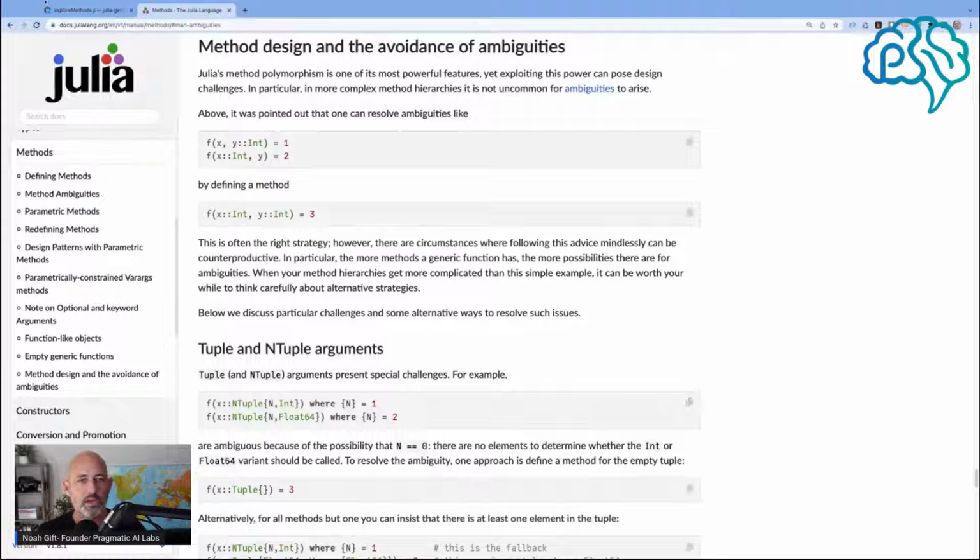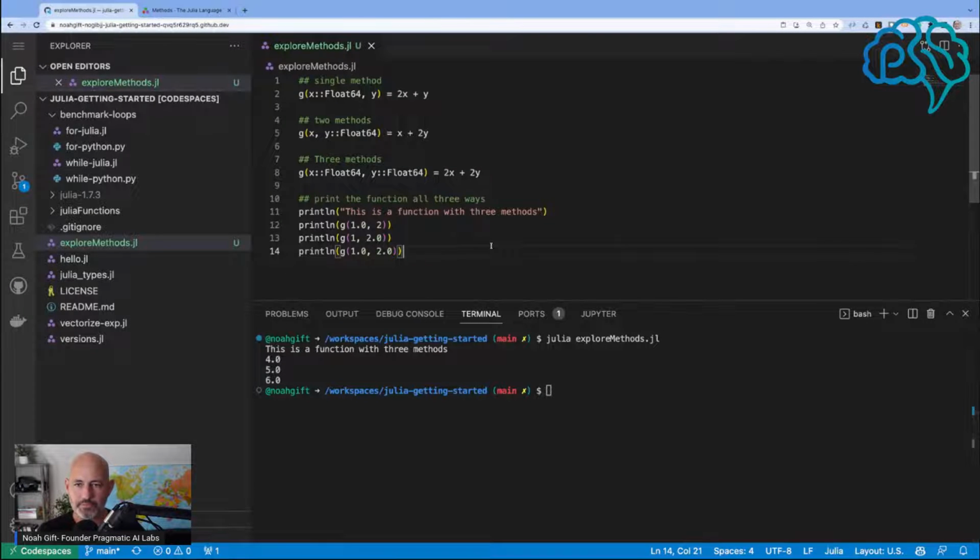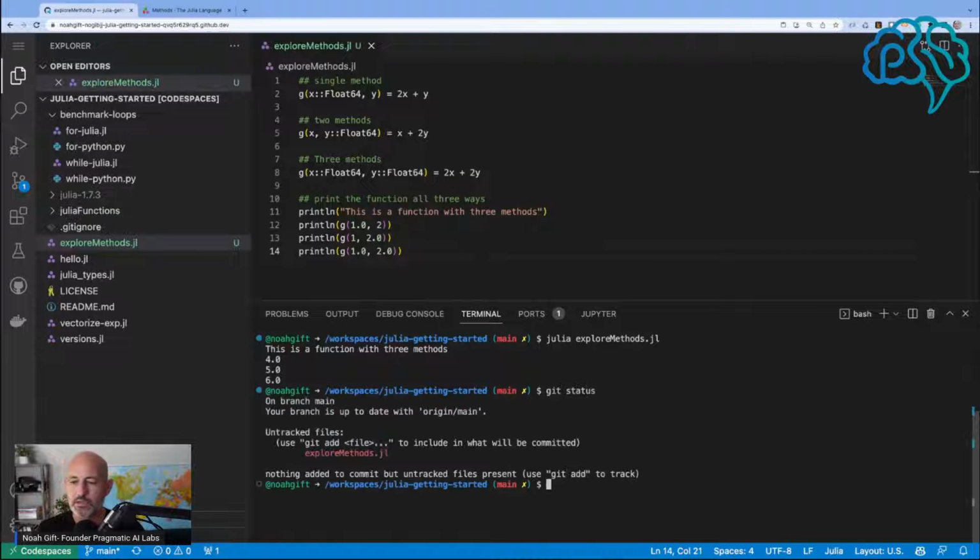So that's kind of cool. But I think what would be kind of fun is, I got that one done, so I'll check it in. So let's say git status. And I guess because I'm kind of on this Copilot thing, I'm gonna do a little bit of Copilot as well. Let's do adding